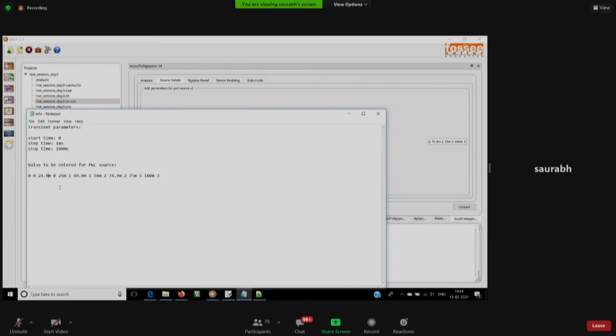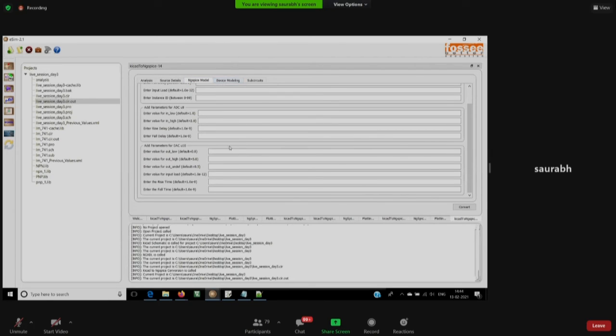At 24.9 milliseconds, voltage value is 0. At 25 milliseconds, the voltage value becomes 1 volt. So this is a T1 V1 kind of thing, where you specify the time and the corresponding voltage value for the source.